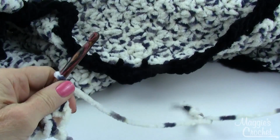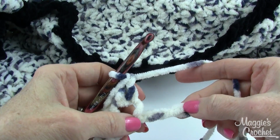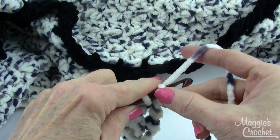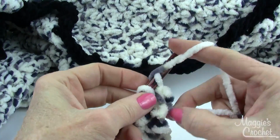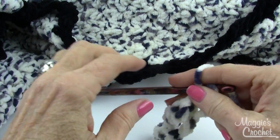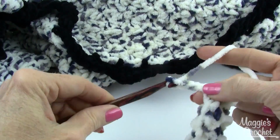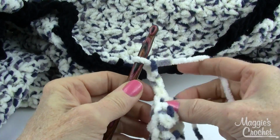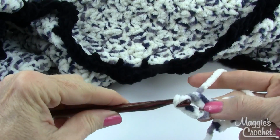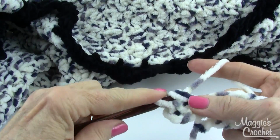into that same chain. And at the very end, when you get down to the last 3 chains, you just single crochet in the last chain. Just like that, and that completes row 1. Now for row 2, you chain 2, and that's going to count as a double crochet at the beginning. And then you work a half double crochet and a double crochet into the first stitch,